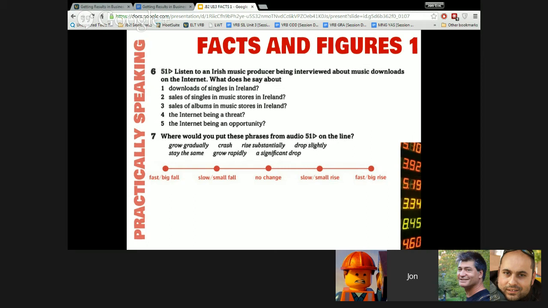So, at the time this material was created, the material I got this from, things were a little different. Downloading was illegal and you shouldn't do it. But I think attitudes have changed a little bit. What do the three of you think? Do you think that attitudes have changed, or do you think we're still in the dark ages where downloading is bad and buying is good? I mean, I think that we've evolved. Even companies have evolved a little bit. Do you agree with me?